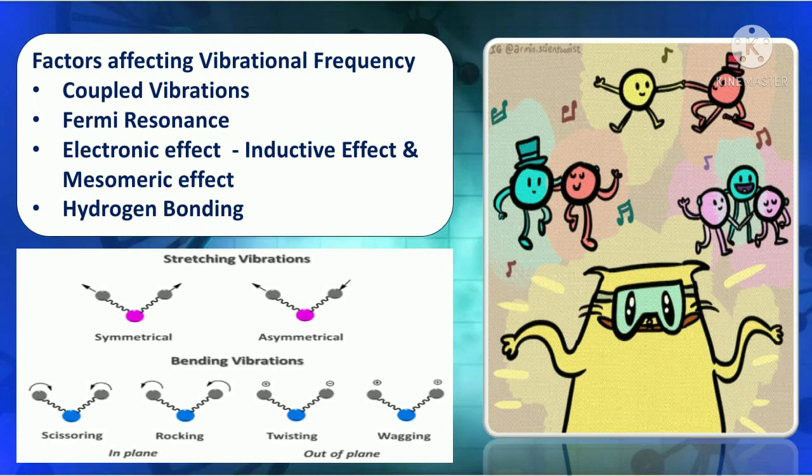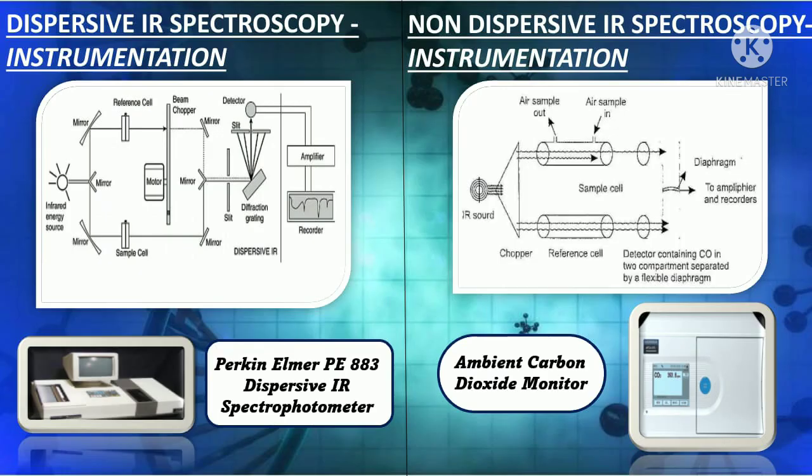Well, now till now we have studied the principle. Now, how to apply it? Well, you can see in this slide that on the one hand there is dispersive IR spectroscopy, and on the other hand there is non-dispersive IR spectroscopy. So there must be some difference. As the name suggests, in non-dispersive IR spectroscopy, the IR radiation from a source is not dispersed according to wavelength by a prism, as in the standard dispersive IR spectrophotometer.